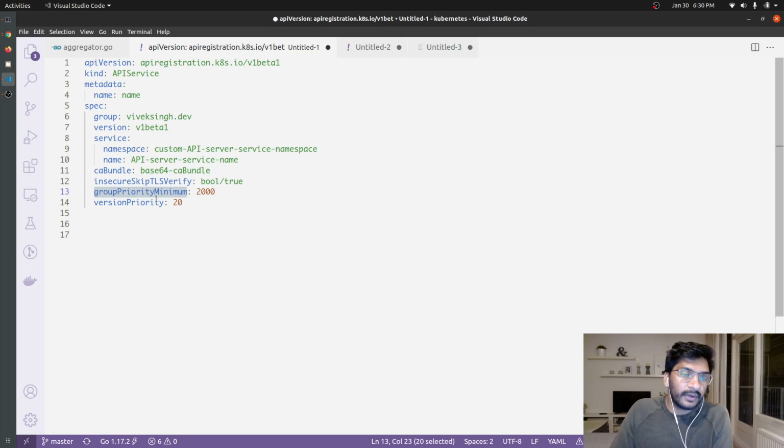We are going to talk about it a bit more in just a second. Now, if we talk about version priority, we also know that a resource can be in different versions of the same group. For example, let's say our resource is part of v1 and v1 beta 1 version from a particular group. In that case, which particular version should be preferred, v1 or v1 beta 1? That is what we can specify